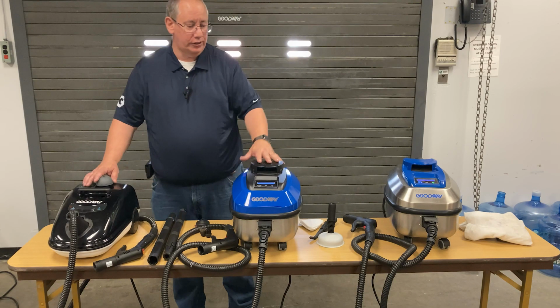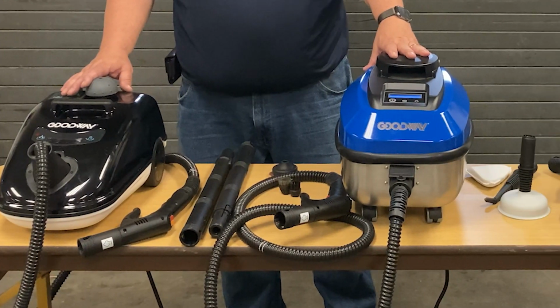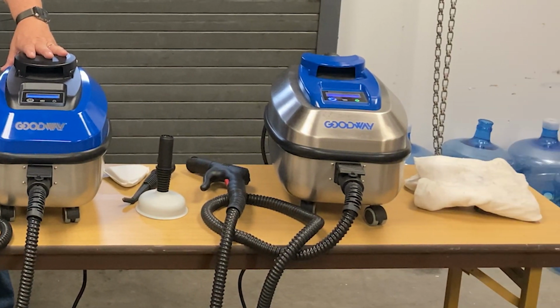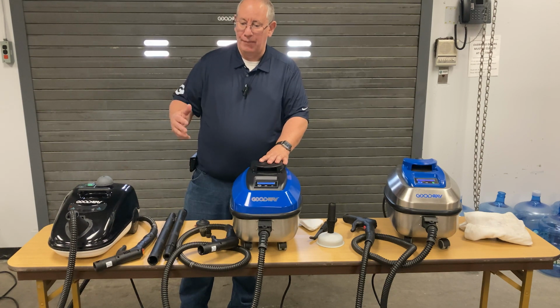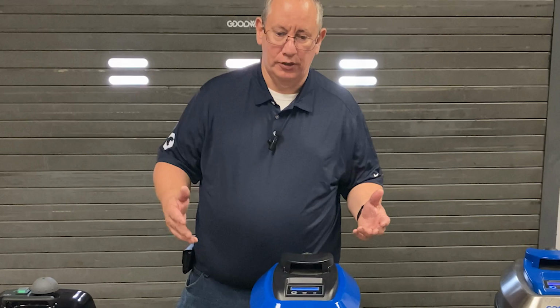So these are Goodway's light commercial steamers. They're the newest addition to our product lineup. These units are all 115 volt and designed for applications in housekeeping, for cleaning hotel bathrooms, cleaning restrooms, healthcare facilities, cleaning stretchers, wheelchairs, other equipment in hospitals and healthcare